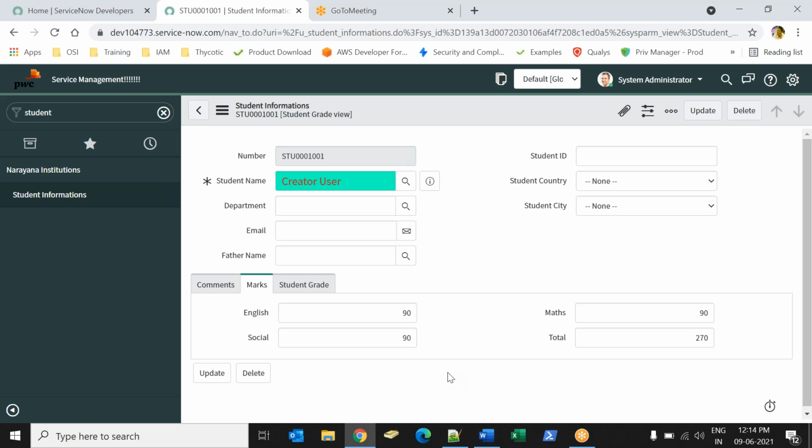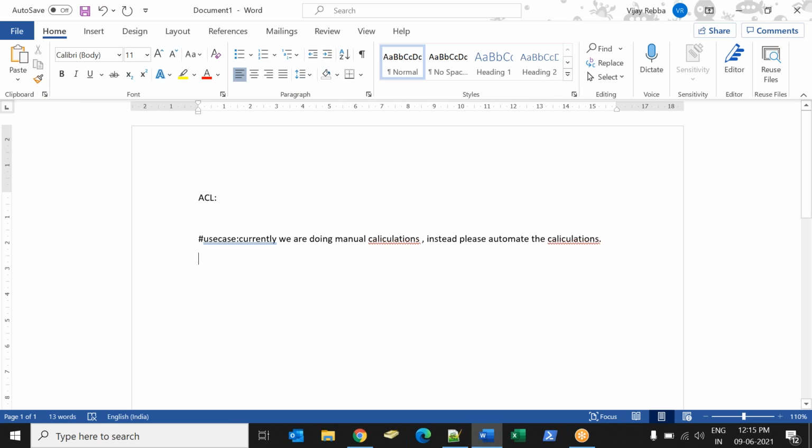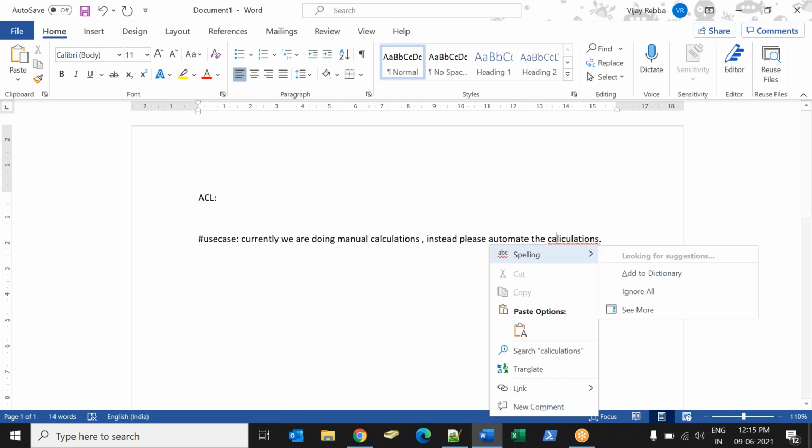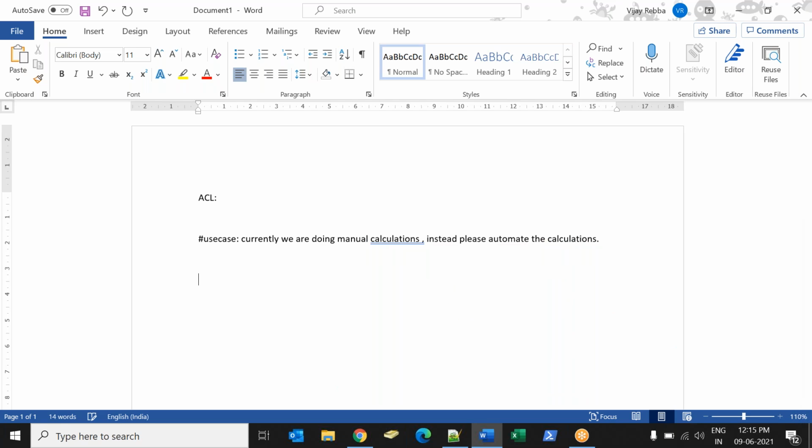As soon as I enter 90, 90, 90 or some marks in all the three subjects and save the form, I want the total to be automatically calculated. So how do we need to do this? Let me ask you a question. It's a very straightforward, simple thing, right? If I gave you three subjects to do a calculation, how do we do it? Let's say I have English and maths